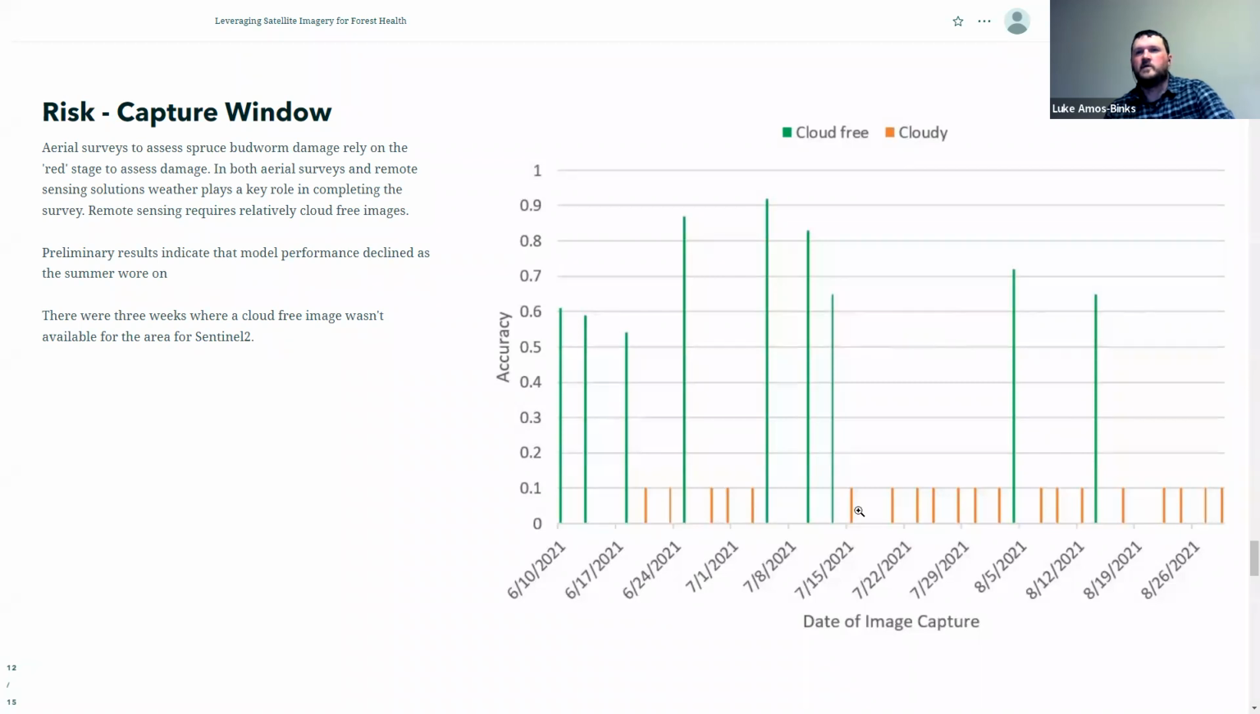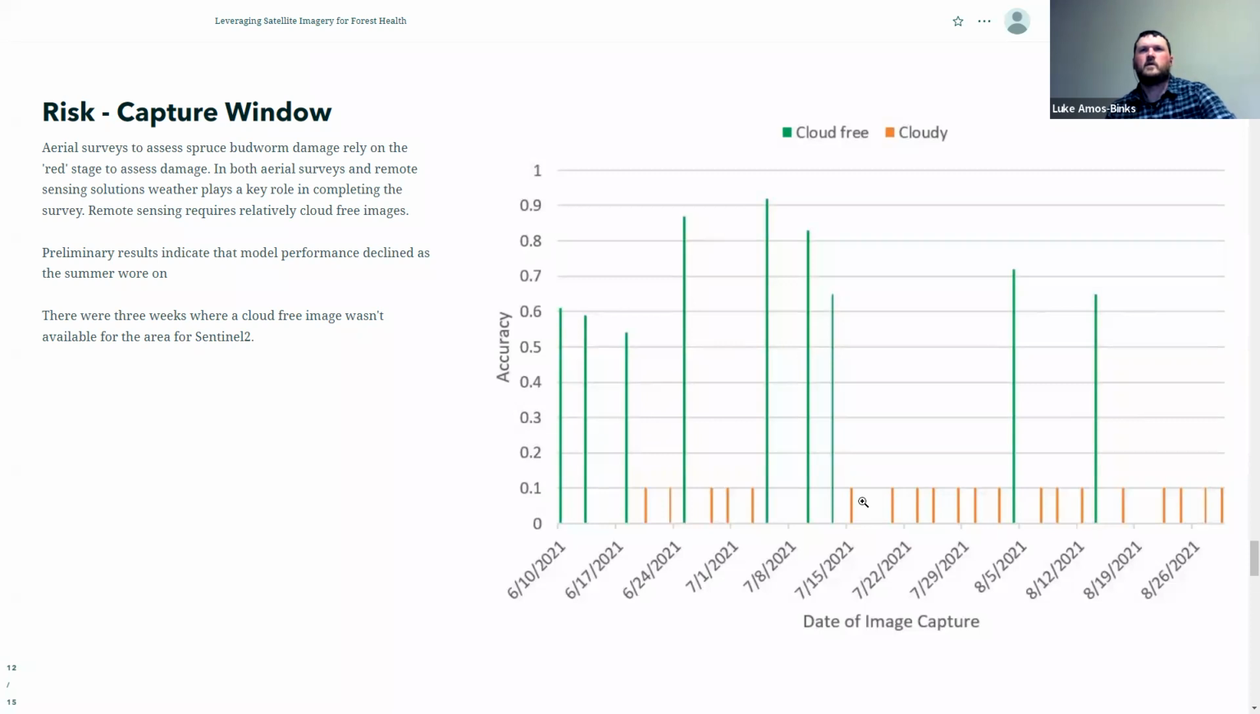The other thing to note is we had a period of about 3 weeks where we weren't able to get a cloud-free image for that study area. It would have been nice to be able to produce a model in this area just to get a better idea of how long we have to wait to get a good image. So these are the sort of things we have to look at